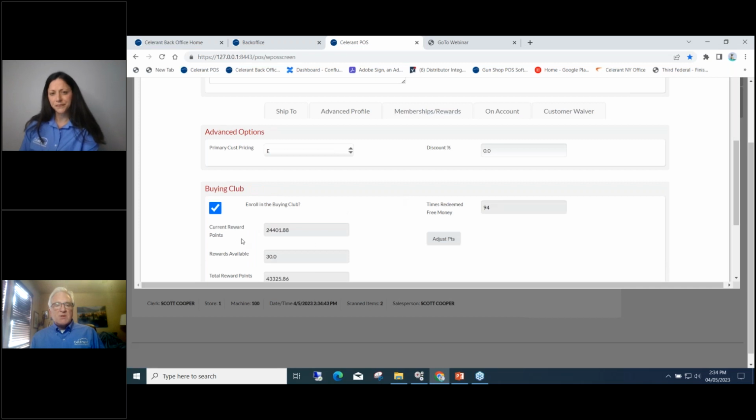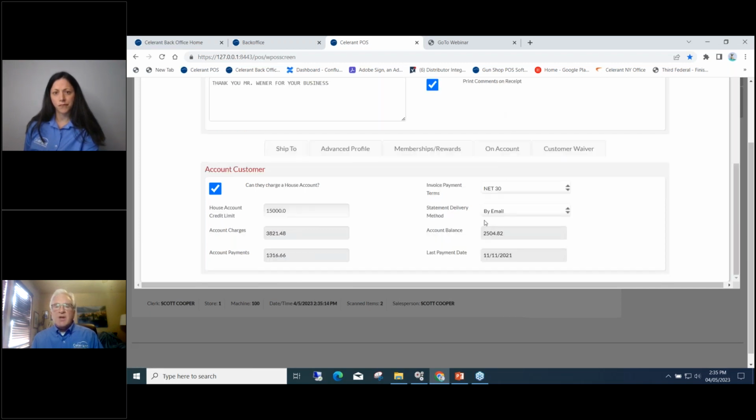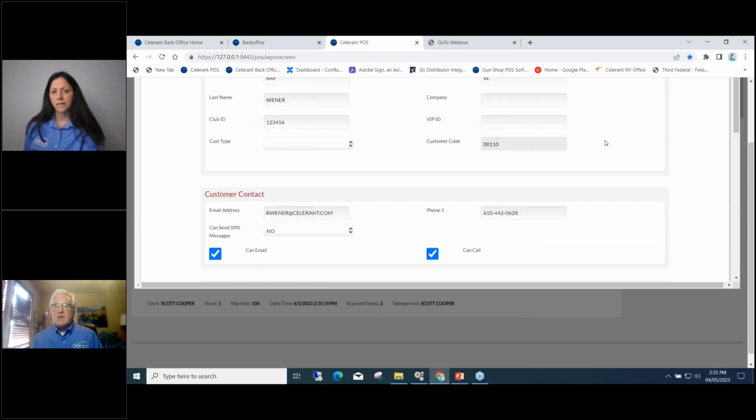Membership rewards. This is telling me how many rewards they have, reward points. And you can set a threshold on them being able to redeem the rewards, that they can only redeem like $10 at a time or $30 at a time. We can also do discounts for customers. So this customer actually is an employee, so he gets cost plus 10% because that's what I defined for the system. So you can create as many different templates as you want. You might sell uniforms to the police department, and everybody in the police department gets assigned that particular template, and the discounts get appropriately charged at point of sale. I did mention that we do have the on account where you can allow the customer to charge, and that's it on the customer record for now,